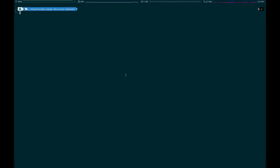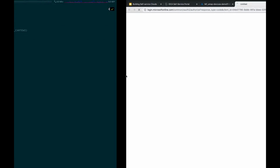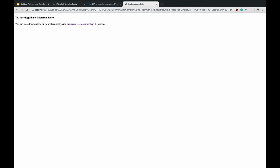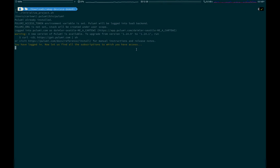Okay, so let's run this real quick. I'm just going to run this script. I've already set up some environment variables to identify my service principal and logged in with the AZ CLI. And here we go. So this is actually setting me up and giving me the appropriate access to our local